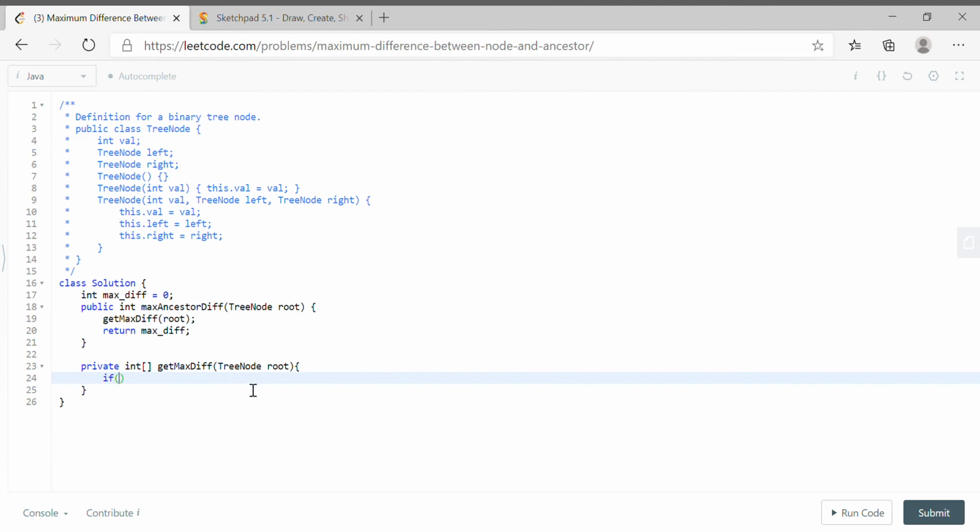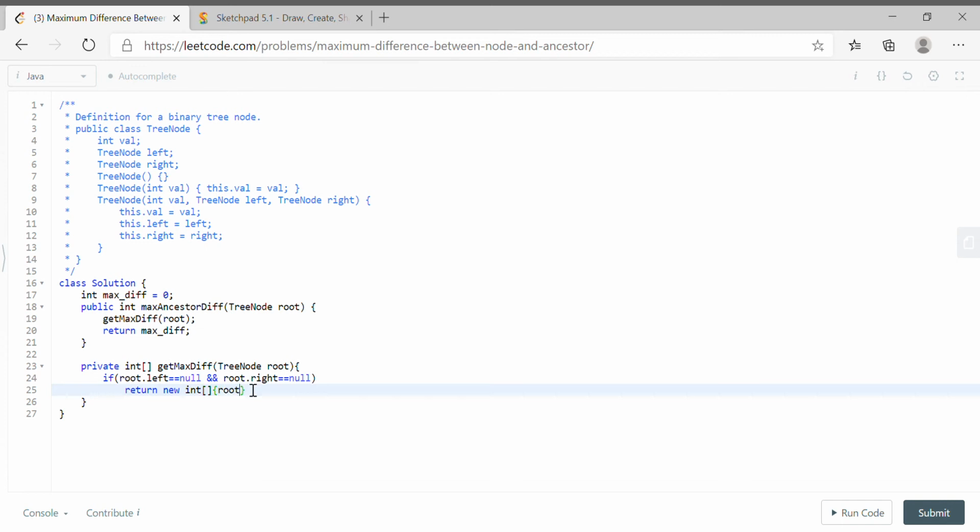If root.left equals null and root.right equals null, we simply need to return one int array. In that we need to pass root.val, root.val, because it's a leaf node.